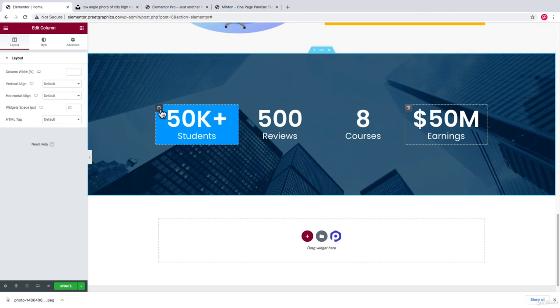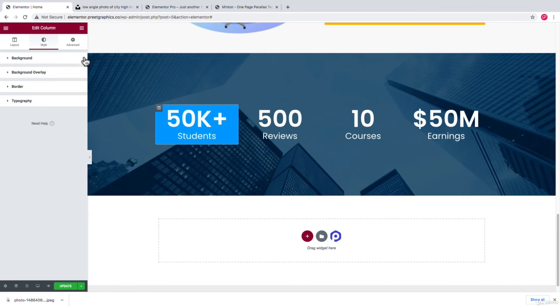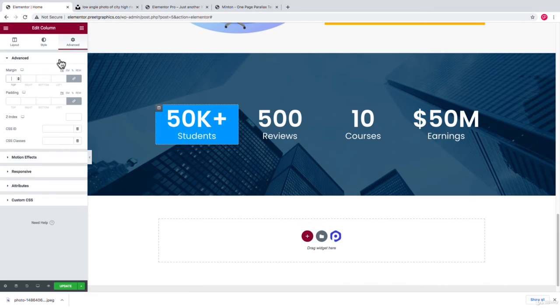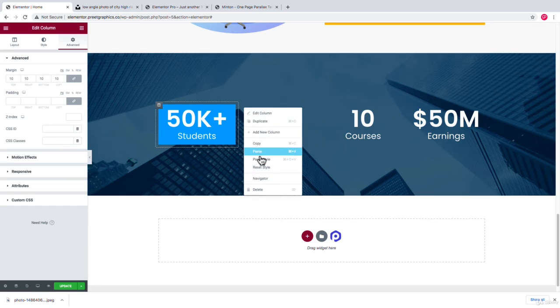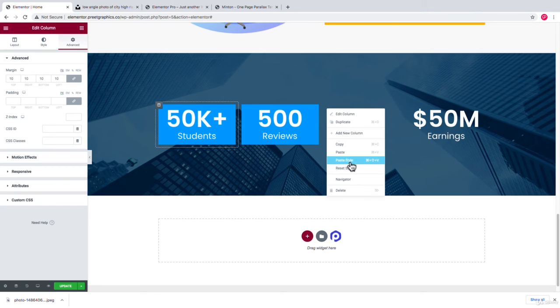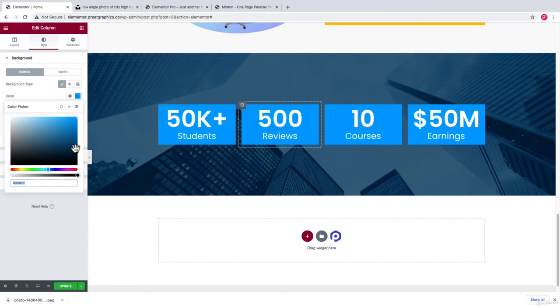Okay, now simply go to this column right here, and first of all, in the advanced tab, let's add a little bit of margin with 10 pixels, and now copy and paste the style. Simply paste style, and also you can simply change the color of these columns.